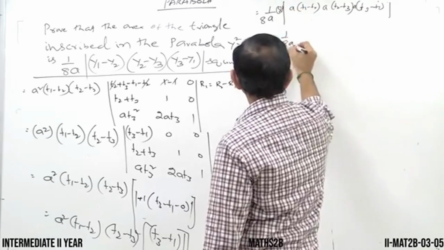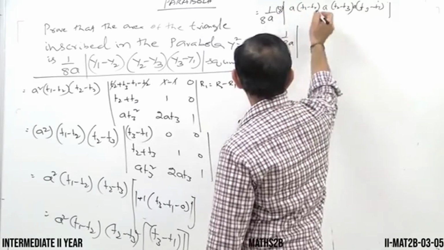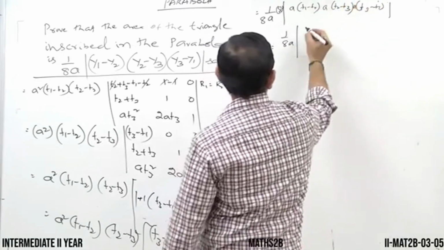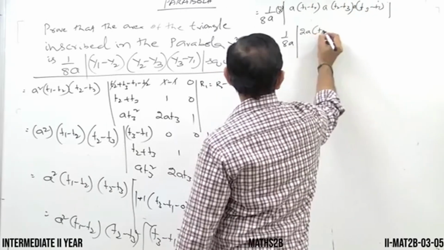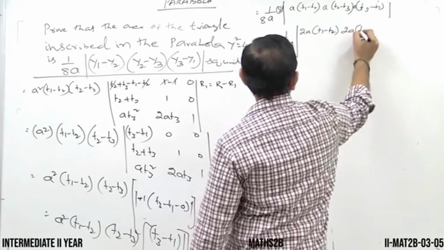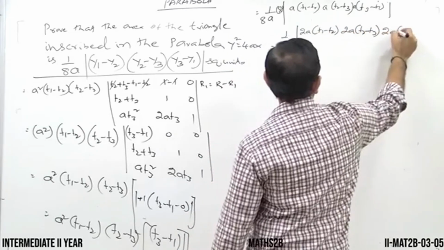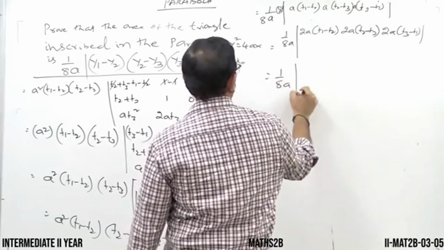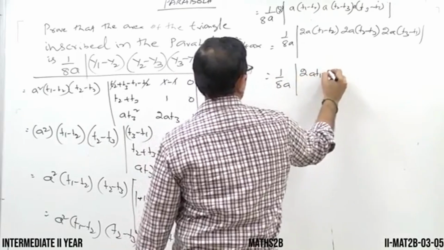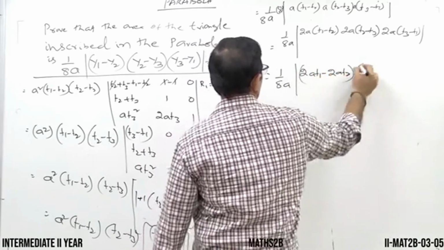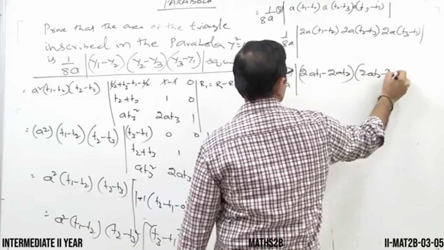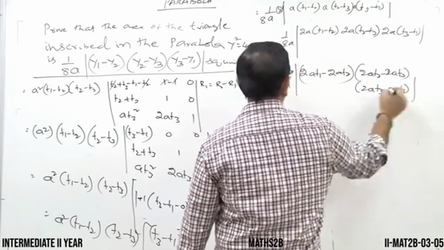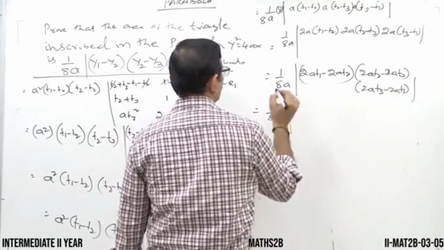So therefore 1/8a, this 8 we can distribute like this. So 2 into 2 into 2, three 2s. So therefore this is 2a into t1 minus t2, 2a into t2 minus t3, 2a into t3 minus t1. So this is 1/8a, and multiply this one: 2a t1 minus 2a t2 into 2a t2 minus 2a t3, and this is 2a t3 minus 2a t1. So therefore this is 1 by 8a into